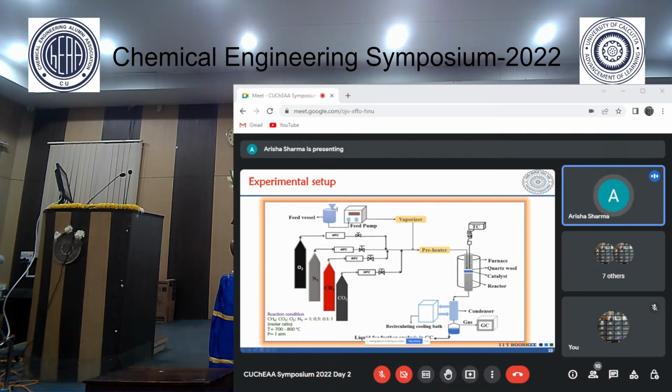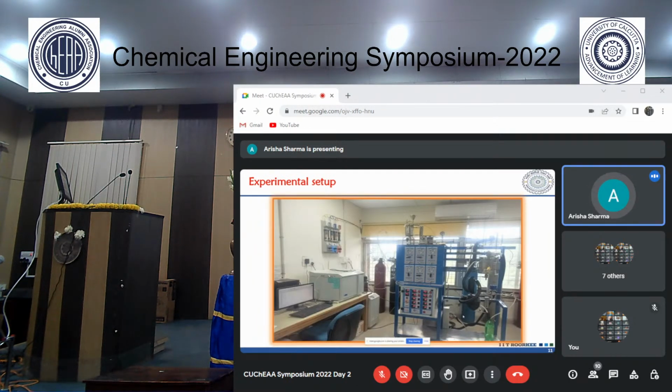then fed into the reactor. The reactor temperature is controlled by a temperature-controllable furnace, and the reactor consists of the catalyst bed, where the catalyst is sandwiched within quartz wool. The reaction takes place here and the products go downwards into the condenser, where the condensable components condense, and then to the gas-liquid separator, where the gas is fed to the online GC where we analyze our products. So this is the pictorial representation of my experimental setup.